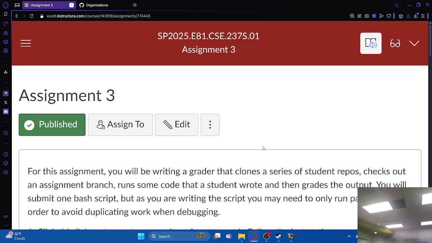Assignment 2, as I'm sure you're aware, is due today. I can see that a lot of you have submitted today, which is great. If not, you still have time. I'm not going to be able to even start grading assignment 2 until probably next week. I don't think I'm going to even be able to look at it until early next week. So